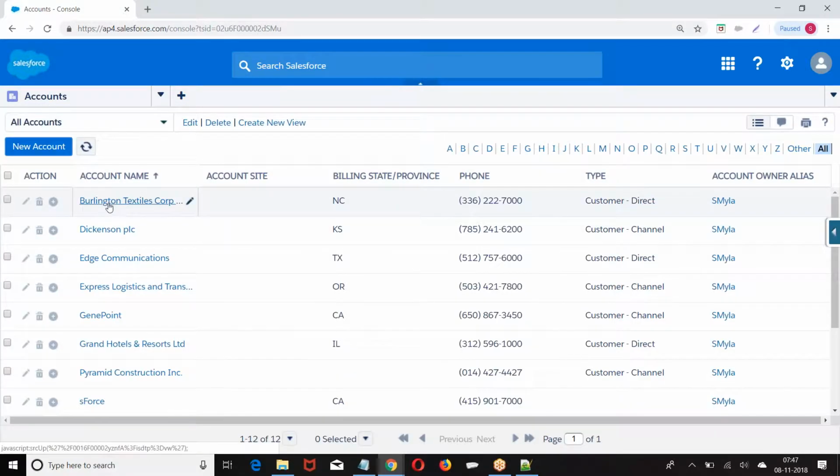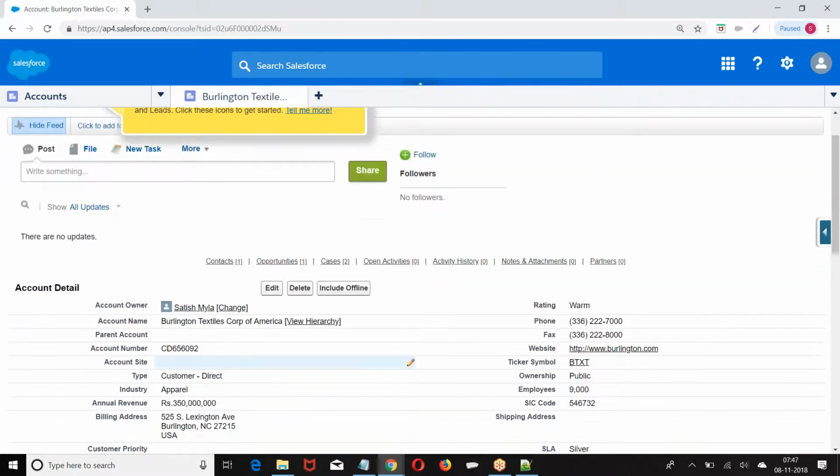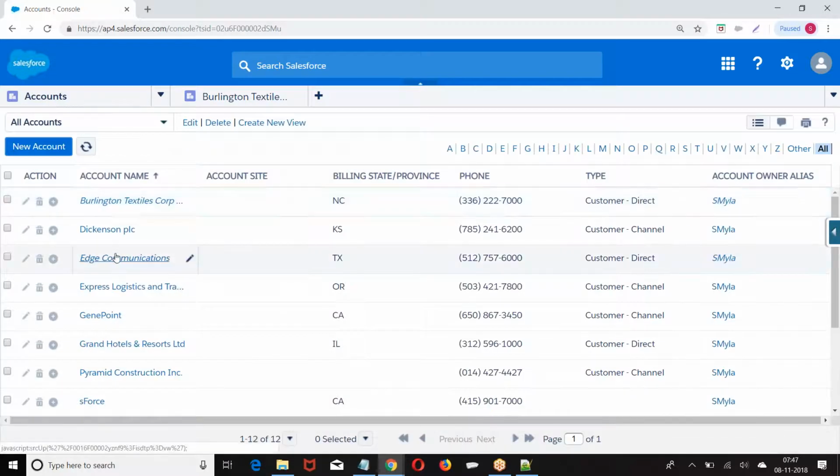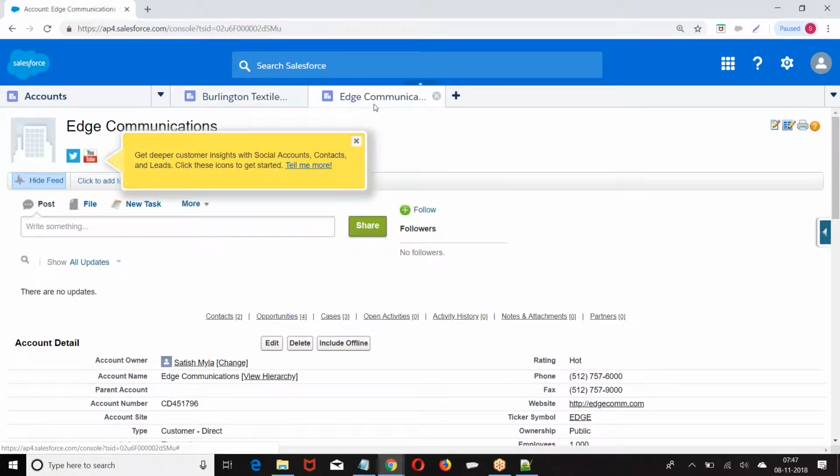Now look at this. Everything I create, anything that I try to open will be open in a new tab, so that it's easy for you to access the data from multiple pages. So console app, everything that we open will be open in a new tab. But regular applications are what?